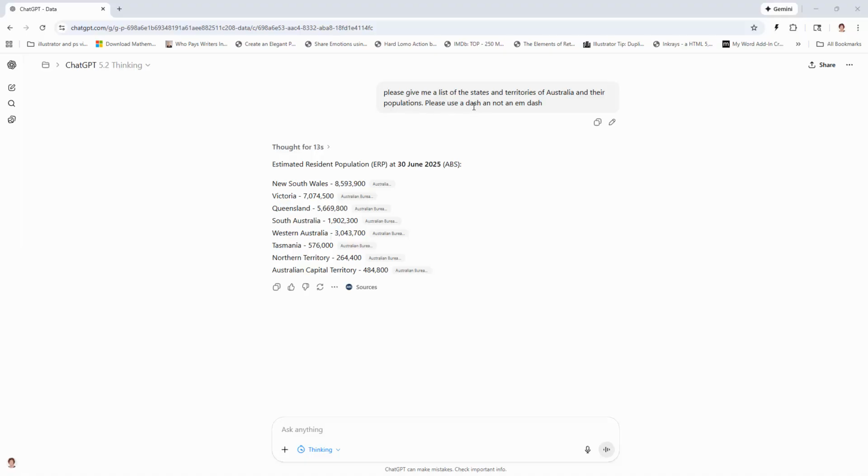I did remind it to use a dash and not an M dash. It's just going to be a little bit easier to bring in the data if it has a dash there. I could also have asked it to use a comma. I'm going to select over all my data, right click and copy it, and then we'll go to our Excel worksheet,